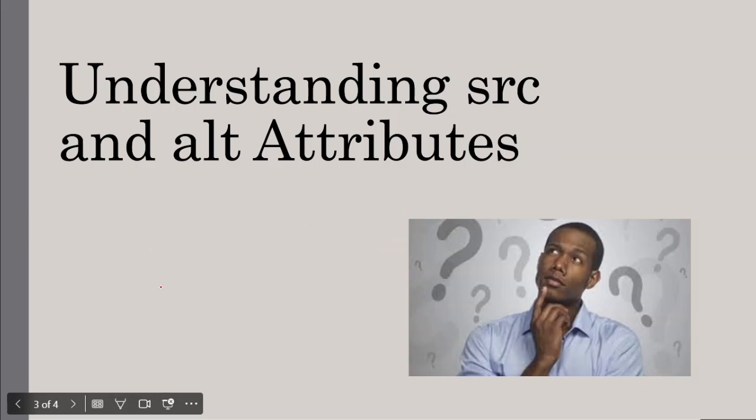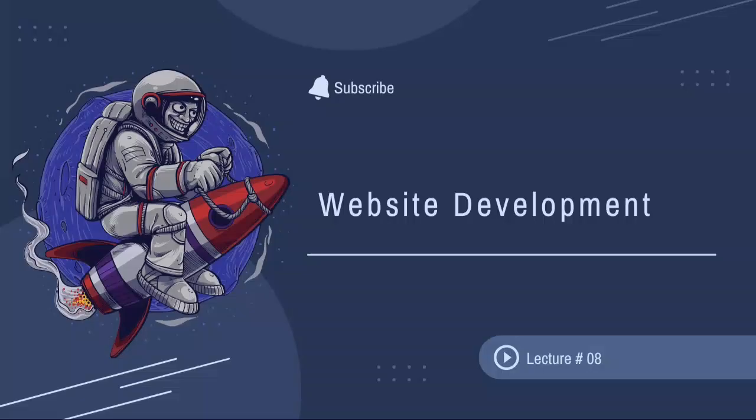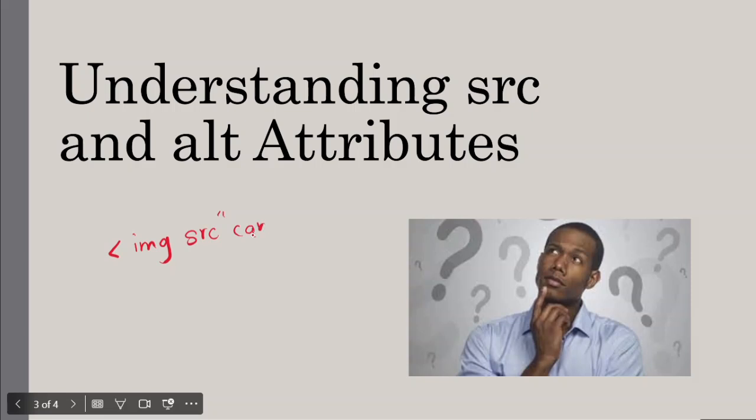The img opening tag, img, and src, the source, and here is the car, like the image of the car dot jpg. So here is the image and here is the tag. Here is the src. Now this will load a file named car